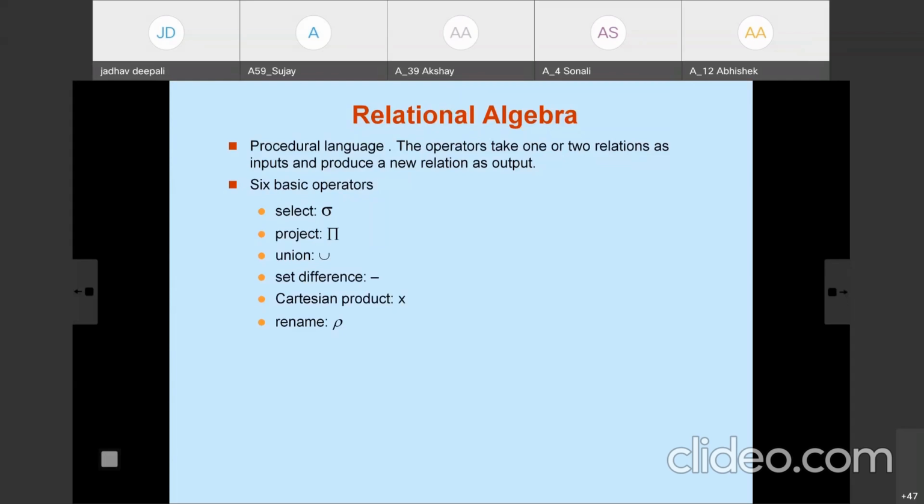So relational algebra has operations that take one or two relations as input and produce a single relation as output, with 6 basic operations. Among these, 3 are unary and 3 are binary. Along with these 6 basic operations, it has some additional operations such as set intersection, natural join, assignment and outer join. All these operations we are going to study in detail with examples.